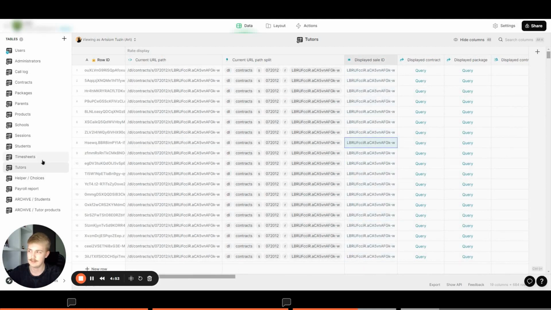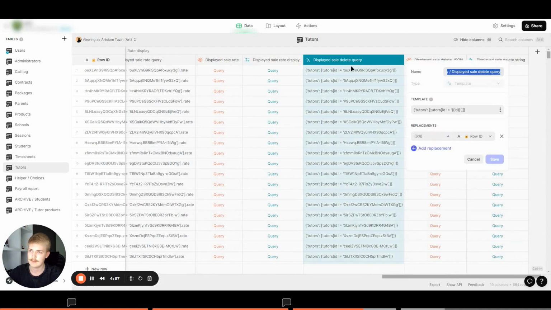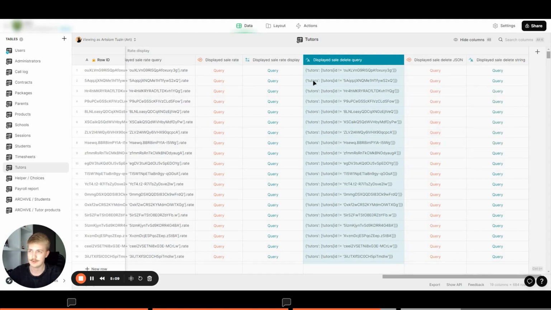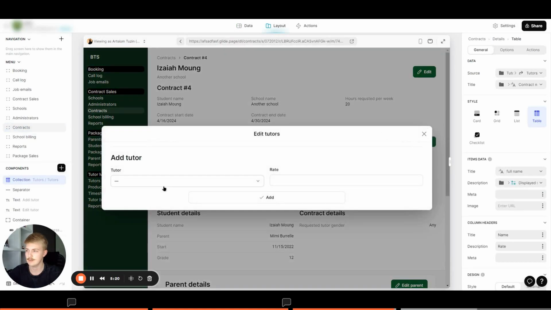So it's pretty neat. And also in the tutors table, we have this query that returns the same JSON object, but without the tutor with this ID, right? Because it says ID not equals this row ID, which is also a pretty neat way to delete records from the JSON. And so let's look at the front end, right? We have this edit tutors screen. We can edit